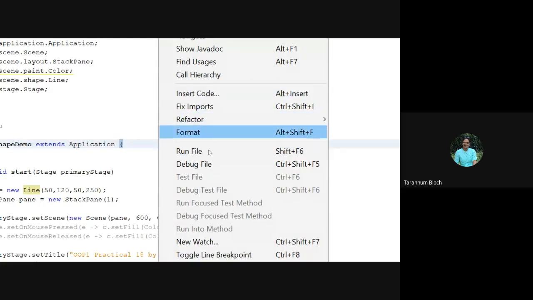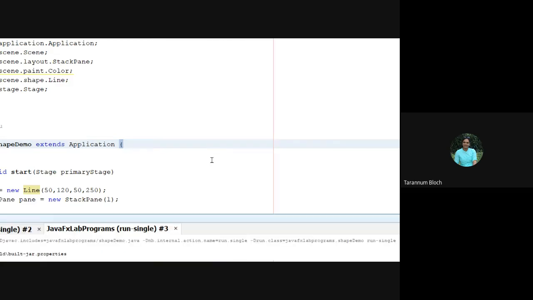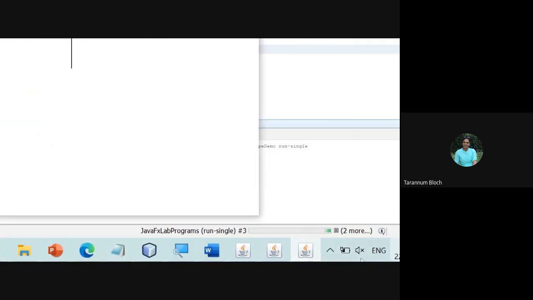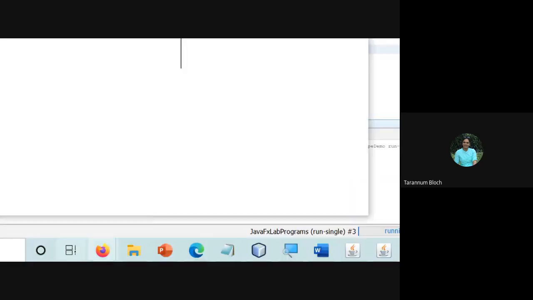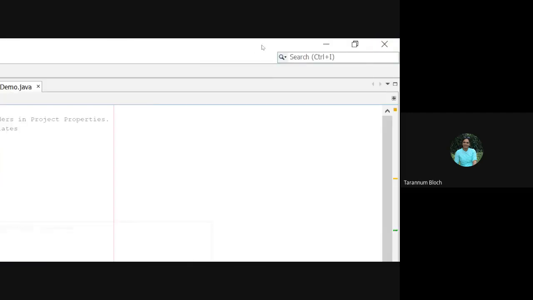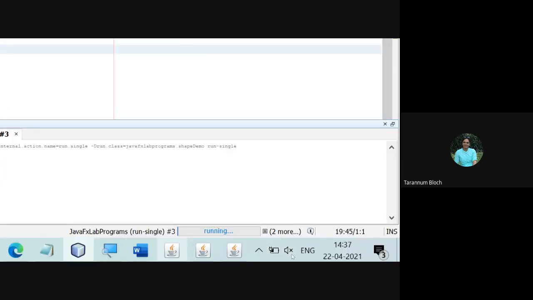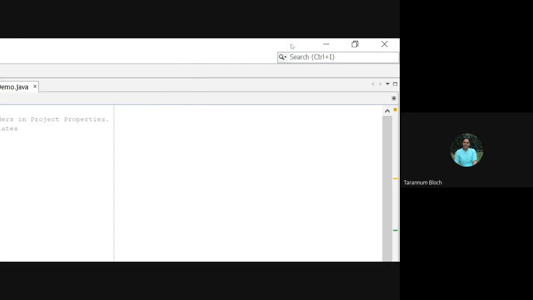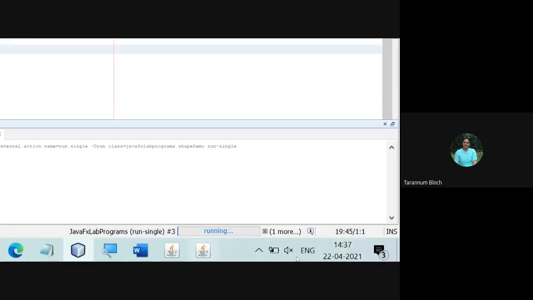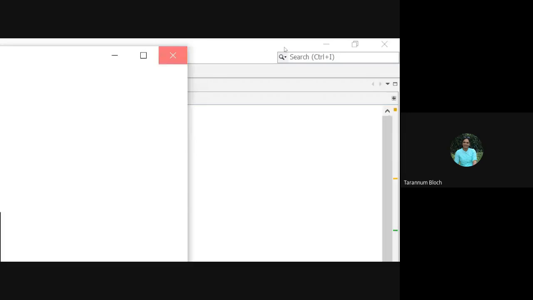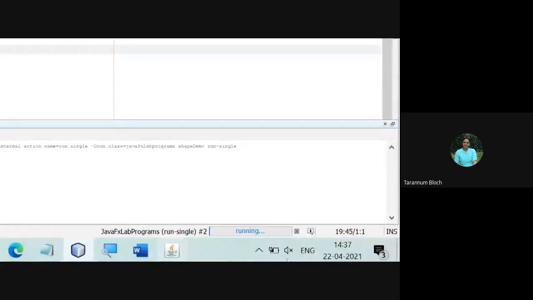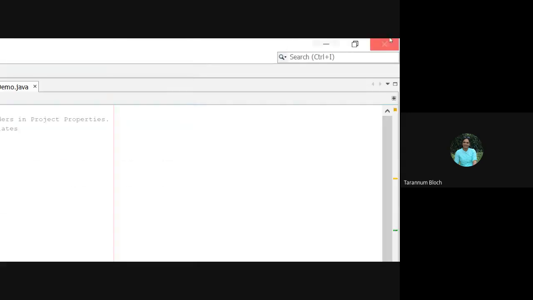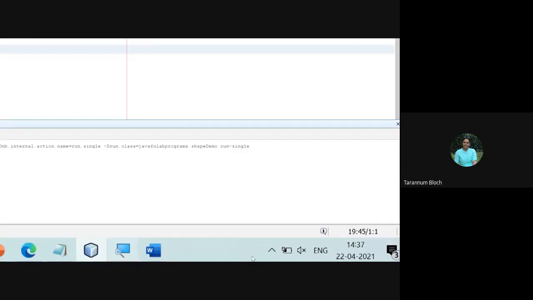Yeah, X should be the same. That's what we said. Can you see this vertical line? Okay, so this is about the shape class. Are you getting this, guys? Everybody, are you getting this discussion?